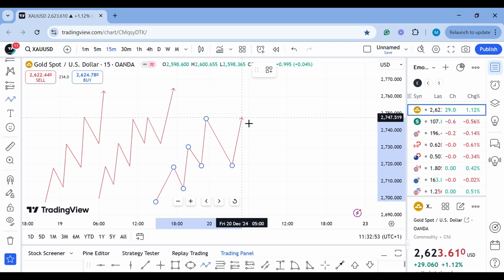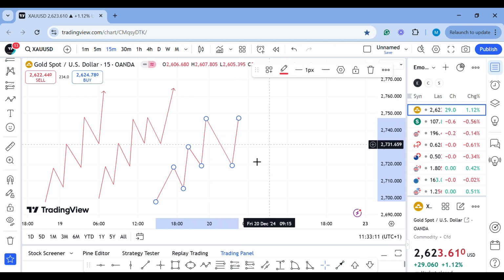When the market is about to change from an uptrend to a downtrend, that's when this pattern usually happens. So your target should not be more than this point, because if the market creates something, in most of the time when